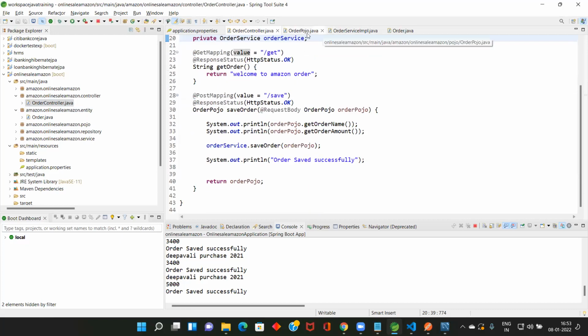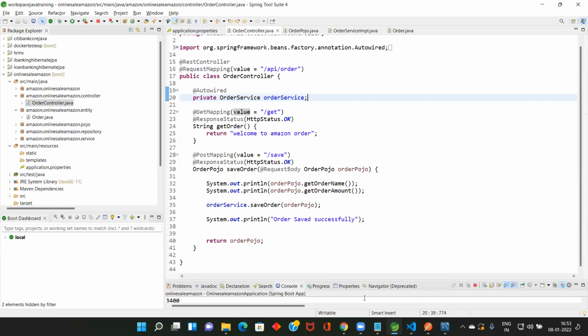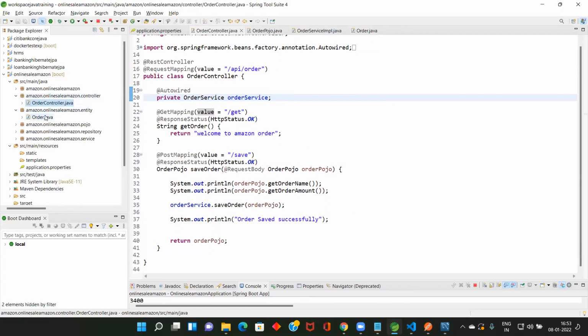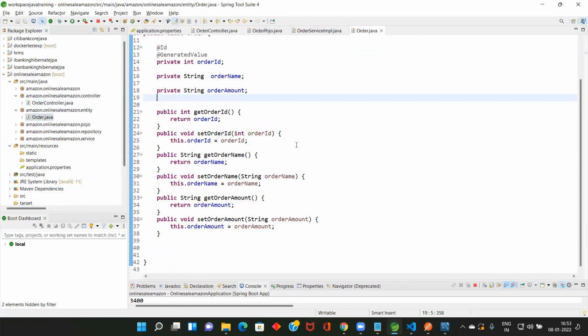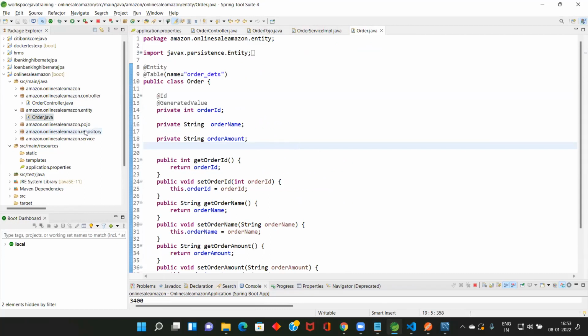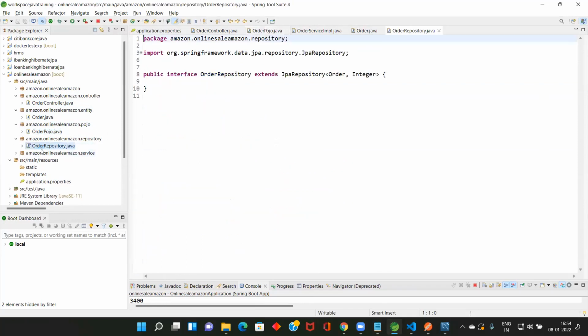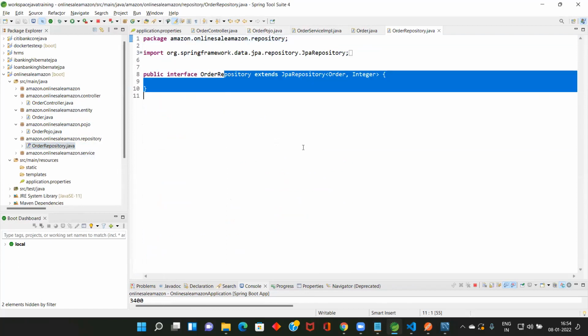So this is the controller. This is the entity. This is the POJO. This is the repository. We wrote it before with Hibernate, and that is similar to this one.